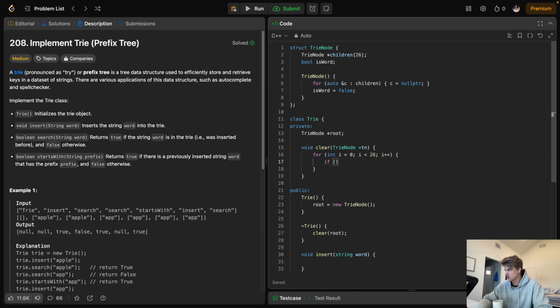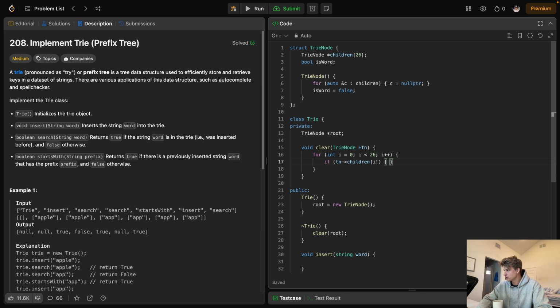So we're going to say if the tree node children at i, so if the ith child exists, and just to be really exact here, it does not equal nullptr. So if it exists, if it's not nullptr, and I guess it might honestly just be better to say if it exists at all. So if it exists at all,